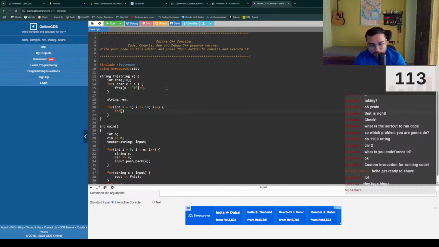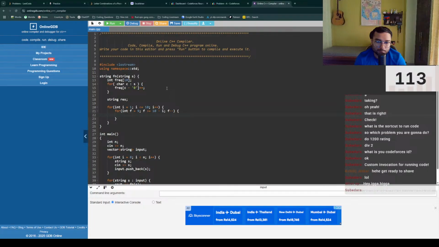For int f equals 10 minus i, f greater than, no, I should start from 9 and f should be greater than or equals 10 minus i, f minus minus. If